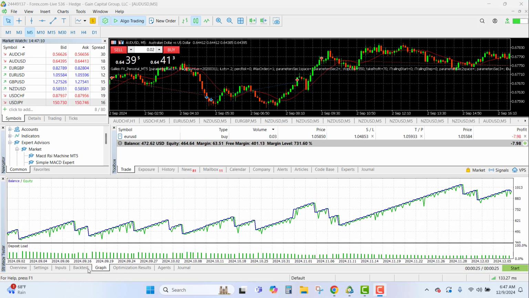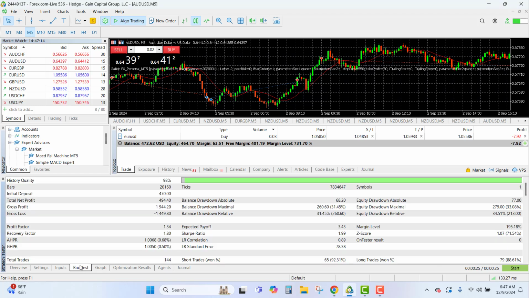Looks like a happy chart. Look at the back test, and we can see that you're going to make $494.40 using the settings of 6 and 6 in your Galileo with a lot size of 0.2. But look over here. See, your equity drawdown has now gone up from